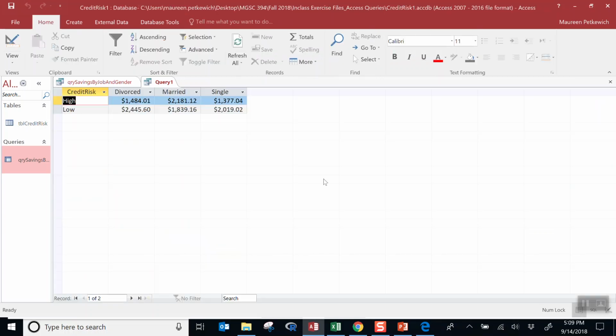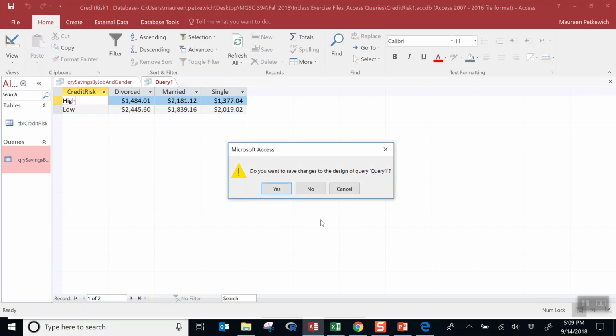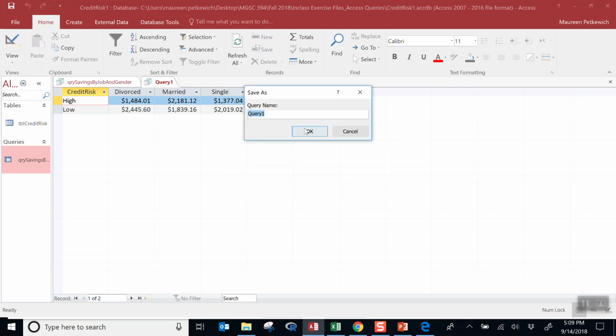So let's run the query. Okay, and so now you can see we have the savings for the different credit risk categories for all of the different marital types. And to save this, I'm just going to click Action, force me to save it, and I'm going to name it QRY credit risk